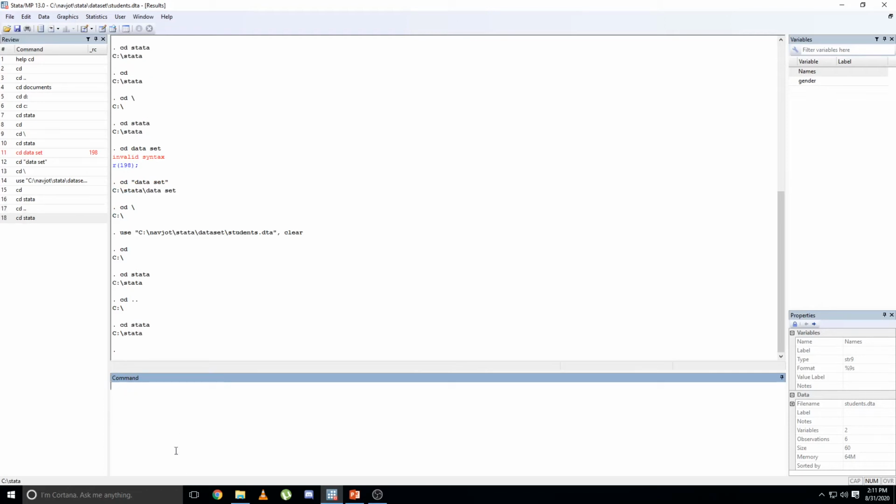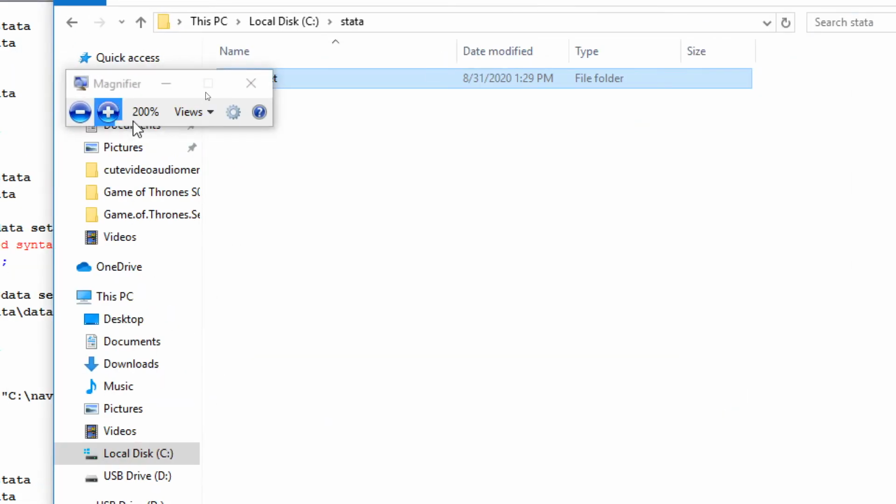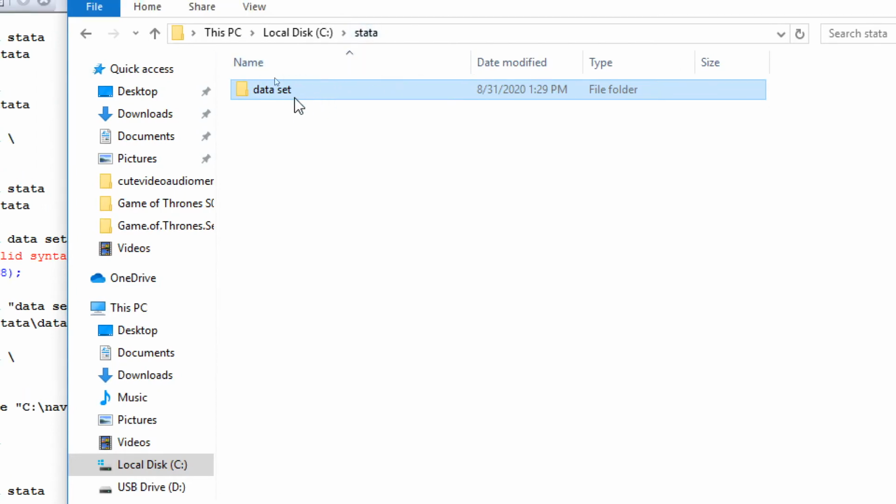There is a special case. If your folder name contains a space, see, there is a folder inside the Stata folder, dataset, which contains a space.